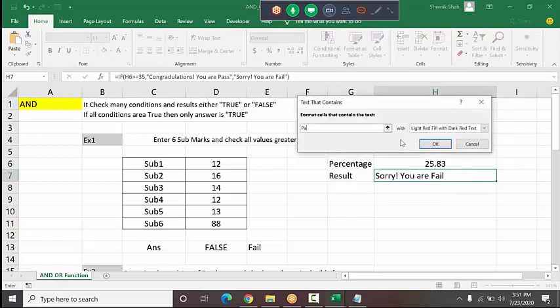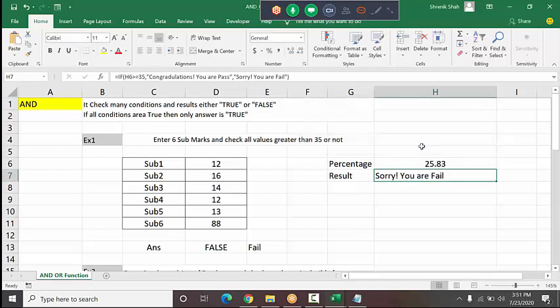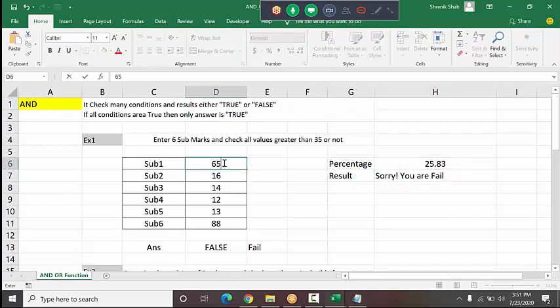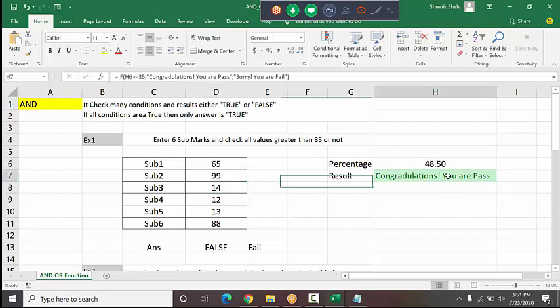I type here pass and I give the color as green and I click OK. Okay, now see what happens. If I give some more marks, see what it prints. Congratulations, you are pass, in green color. Why green color? I added the conditional formatting there.